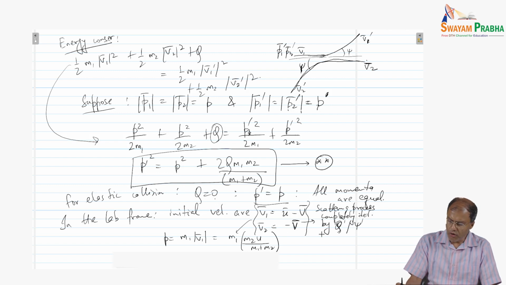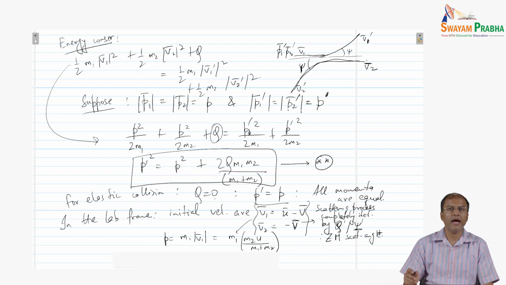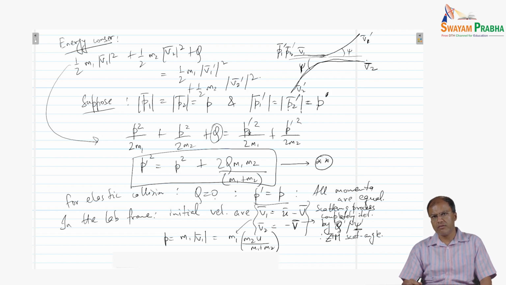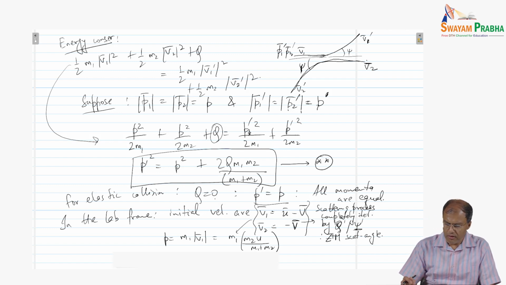And we call this psi the zero momentum scattering angle, right? And of course, for elastic collisions, capital Q is 0, and of course psi becomes, without loss of generality, 90 degrees. Okay,